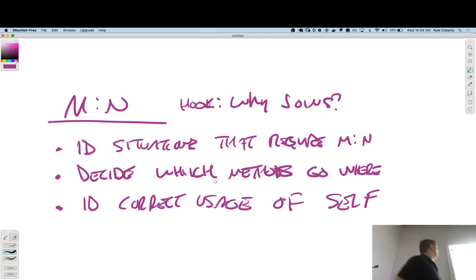So we have gotten a little bit better at identifying situations that require many-to-many. We saw dogs and owners, where each dog has one canonical owner. We also learned what canonical means. We also explored what that would look like for a many-to-many. Hopefully we're a little bit more confident on which methods go where.